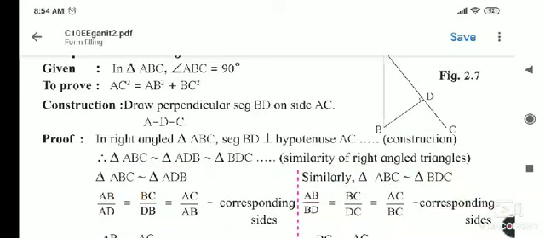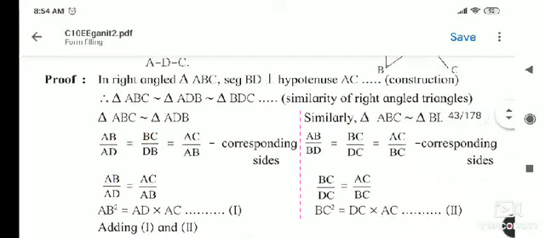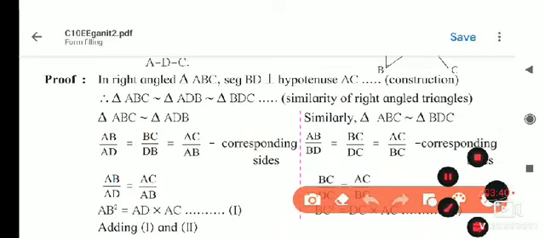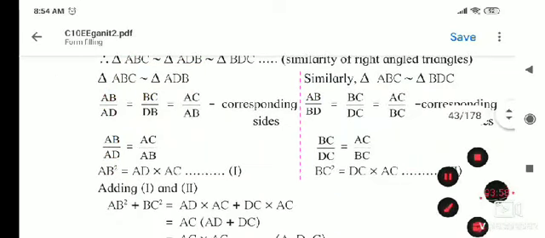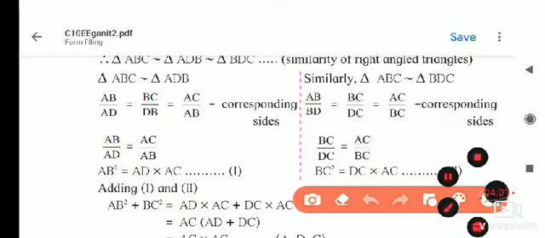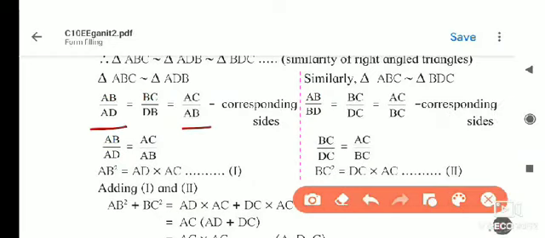Okay, now from these we have to take two triangles similar to each other. So here they had taken ABC and ABD similar. As these triangles are similar, the ratios of their corresponding sides are proportional, equal. So AB upon AD is equal to BC upon DB, and then AC upon AB, that we are getting. From this we have to select AB upon BD and AC upon AB, because in our proof AB square is there. So if we take these two ratios, then AB into AB, we are getting the value of AB square.